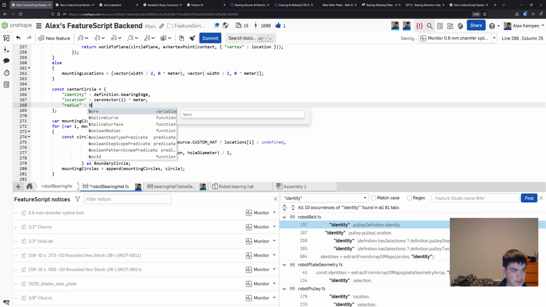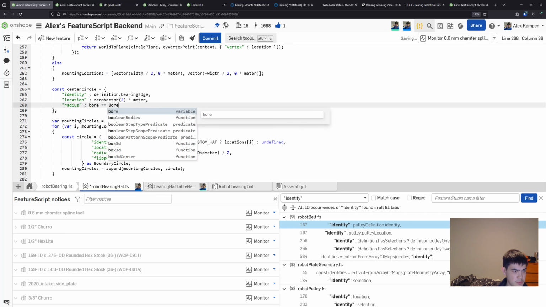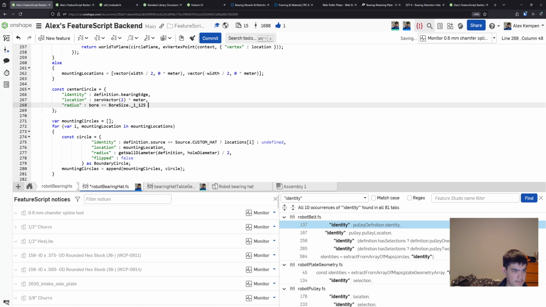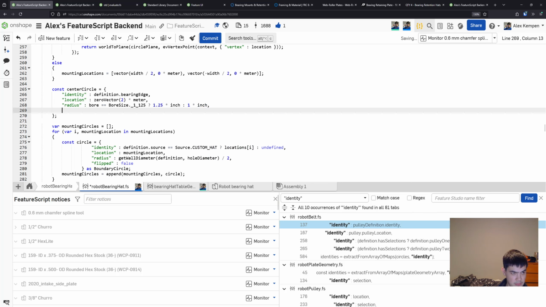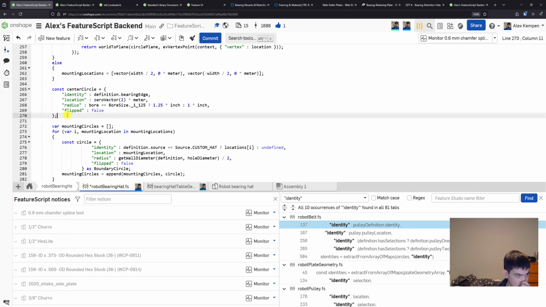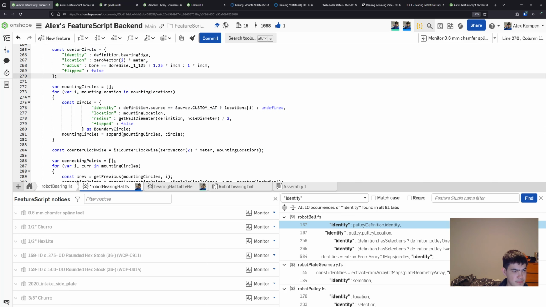So bore equals bore size dot. So this will be probably 1.25 times inch. Otherwise, it'll be 1 times inch for the 0.875 inch bore, right? And then it won't be flipped. Right. And so basically, right,